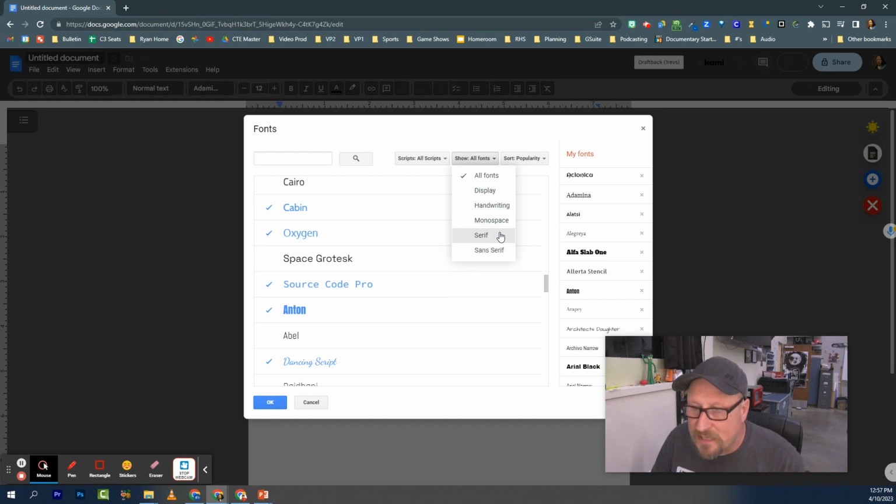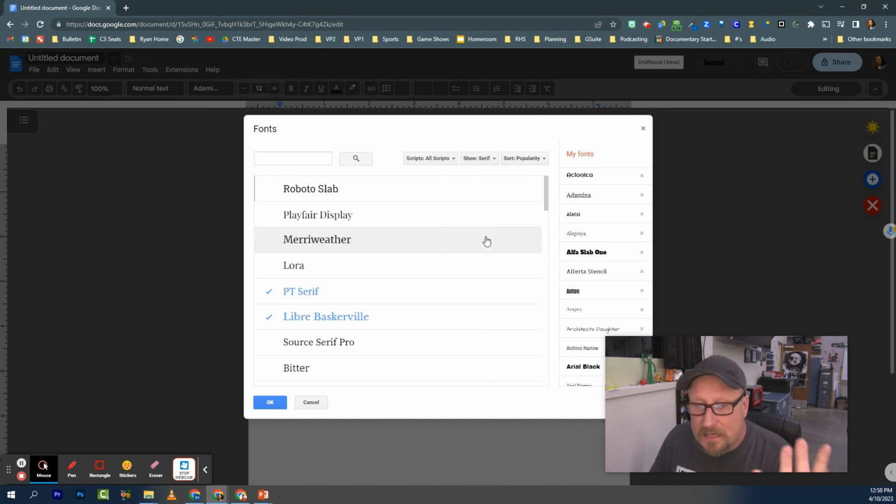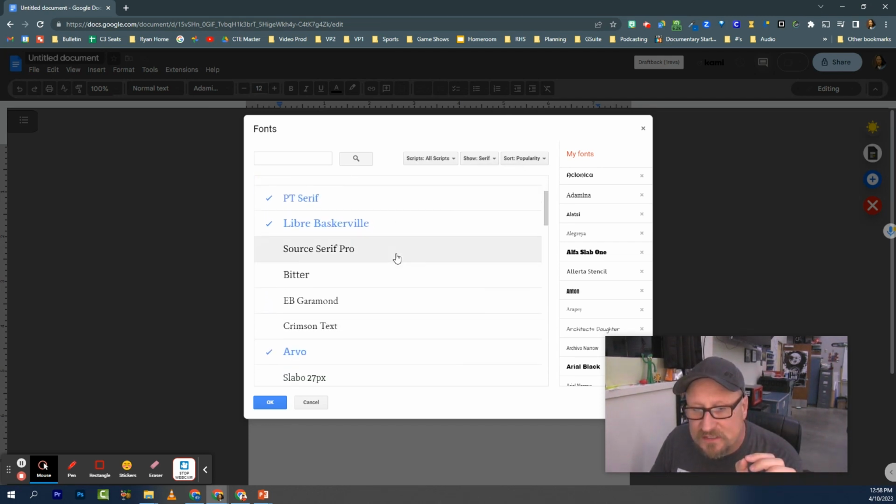I'm going to start down here with these two because basically every font can be one or the other: serif or sans serif. Sans means without. So serif has something, and a sans serif doesn't have something. And what it has is a foot or a tail. So let me show you here. If I say only show me serif fonts, now